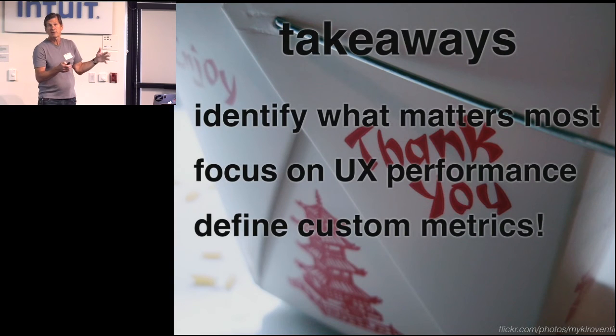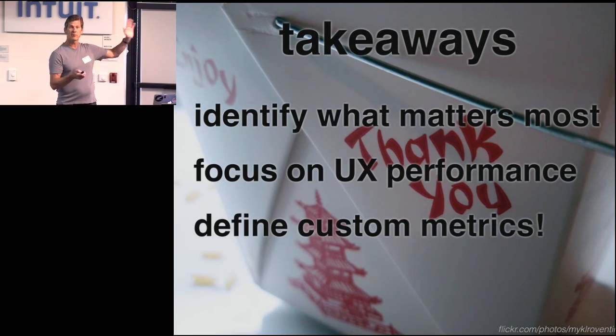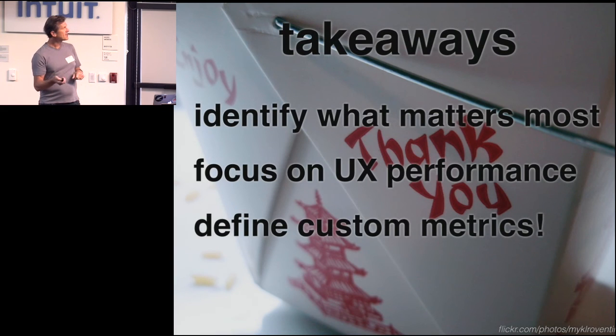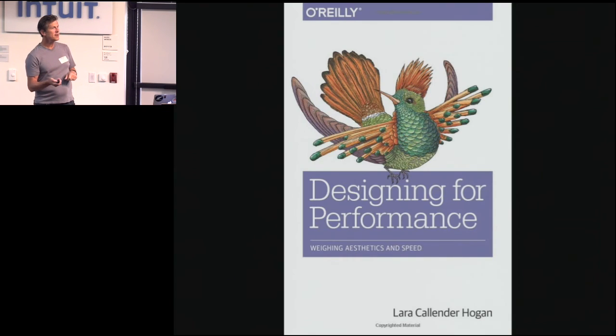And maybe this quarter you're really focused on the user experience, so you're going to track that hero image and you're really going to optimize that. And then maybe next quarter, once you have that done, you focus on the cross-selling, cross-promotion part of the app, right? If this stuff seems kind of interesting to you, I recommend you read Lara Hogan's book, Designing for Performance,